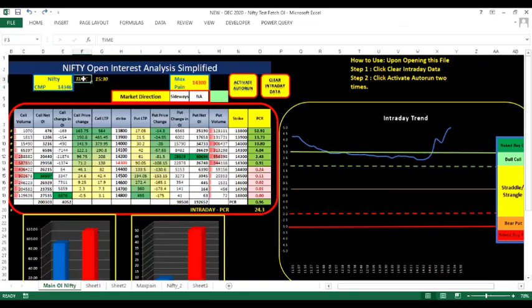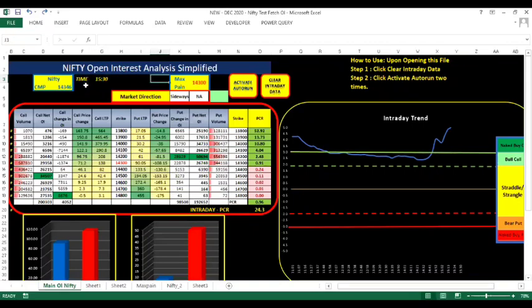Next, immediately to CMP, you find time. While anyone would guess what time would mean, for this sheet, time has a very different meaning. If the time reflected on your screen is say 11:30, while the actual time is say 12:30, it would mean that the data reflected on this sheet is updated till 11:30 only. So this time is not the system time, but indicates the time when your sheet was last updated. Keep that in mind.